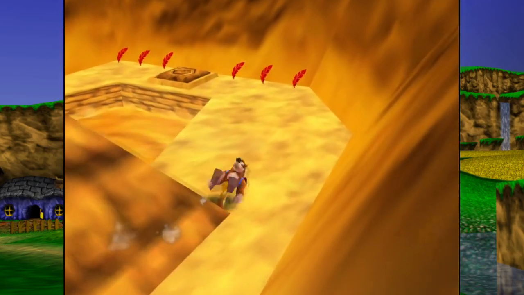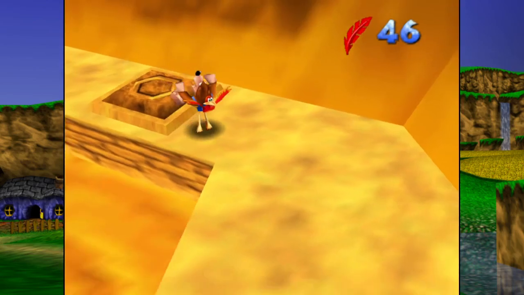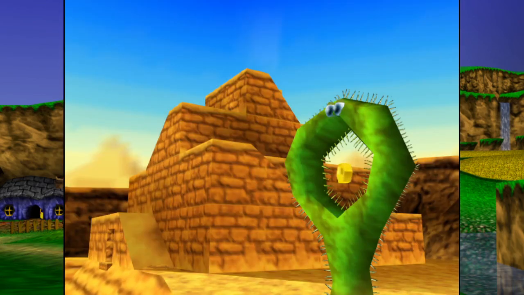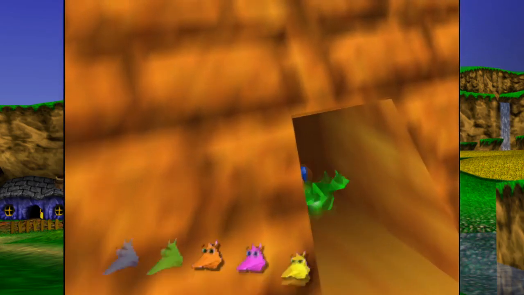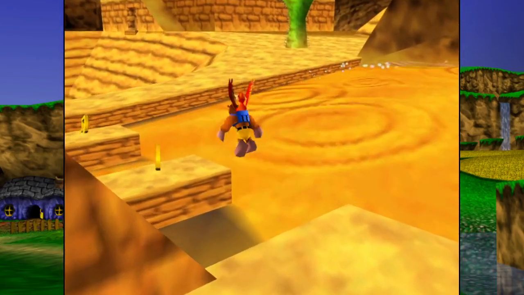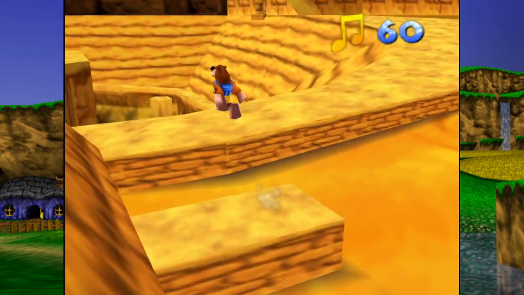I'm sure you saw back here there was just another switch. Also have more feathers, thank goodness. So now we'll do this. The ringed cactus now gives up its empty honeycomb piece. Alright, 4 Jinjos. Now, I do actually know where number 5 is, but I am going to hold a moment